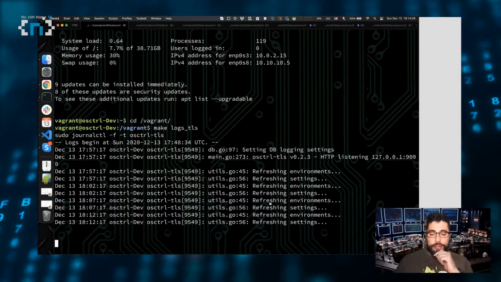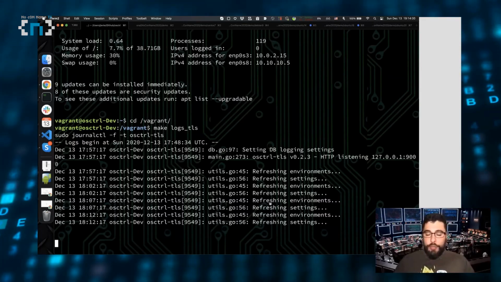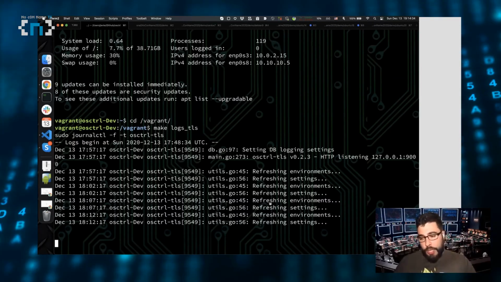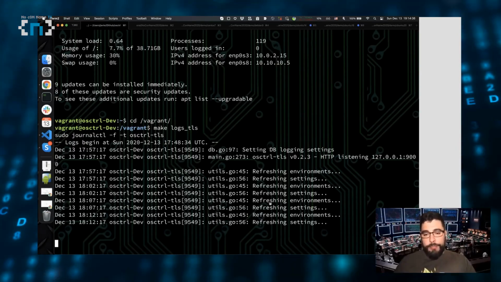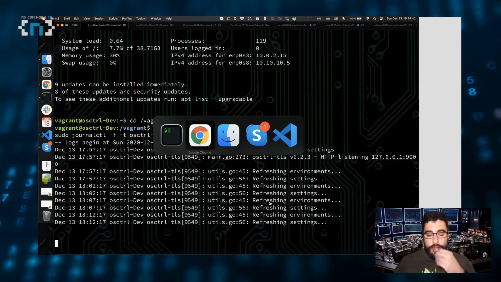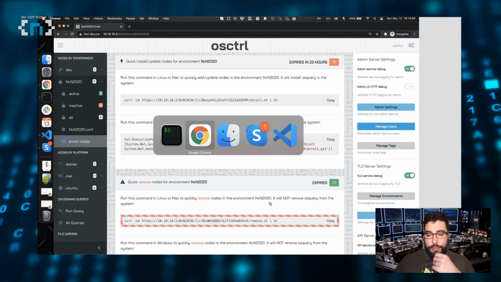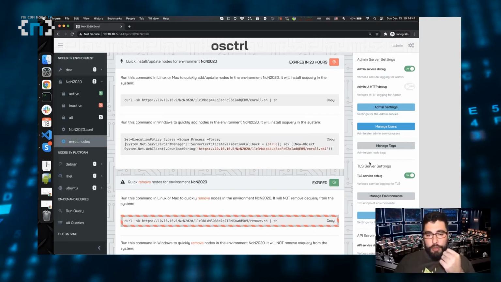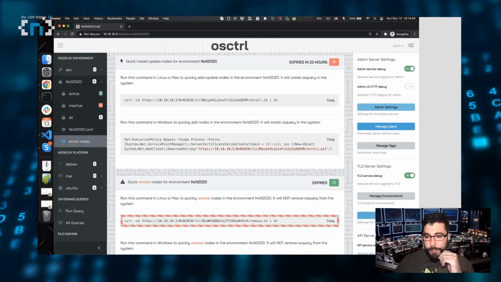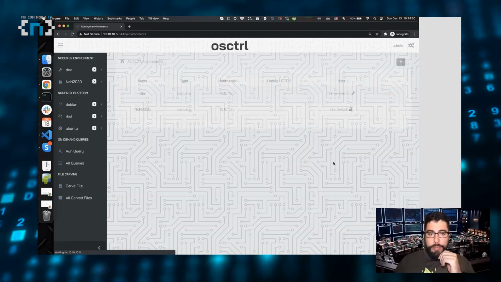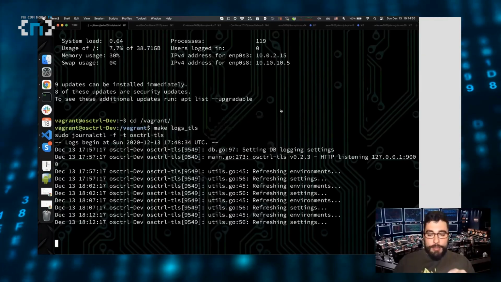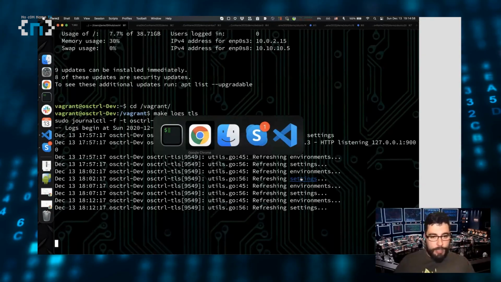Let's say, for example, that you have an environment that is causing some trouble because you want to debug some bad data that is coming from your machines. How do I do that? How am I able to say, okay, I want to see the debug logs from the one environment? In that case, you enable the debug HTTP, and I think we set the settings to be